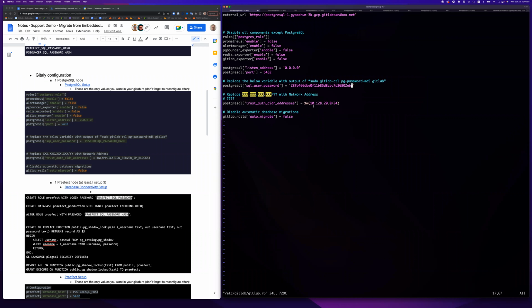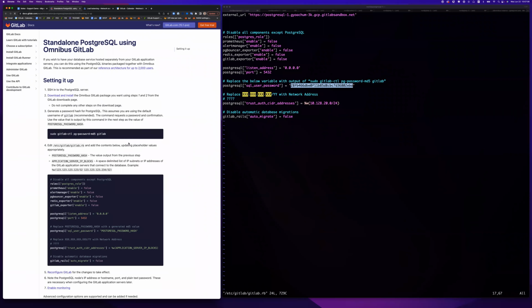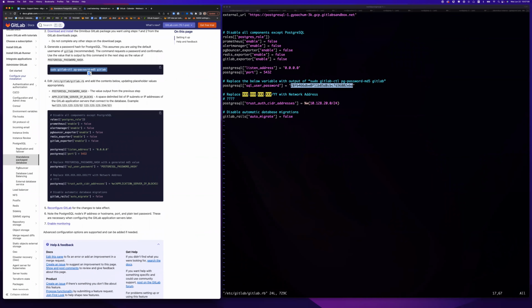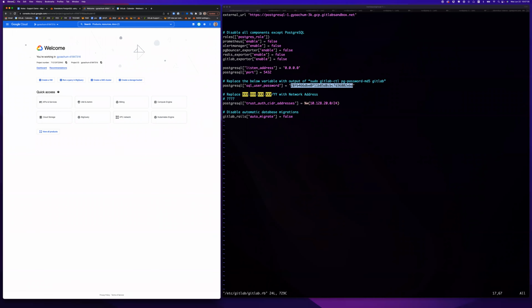So over here, I've basically created my password hash. And I did that with, if we go to the Postgres setup, I ran this command right here, sudo gitlab-ctl pg-password-md5 gitlab, and that gave me this big hash over here that I provided in my gitlab.rb. And then I had to figure out what network all my nodes are on. So I did an ifconfig to see that they were on 10.128. And then I went over to load balancing, or sorry, I went over to the